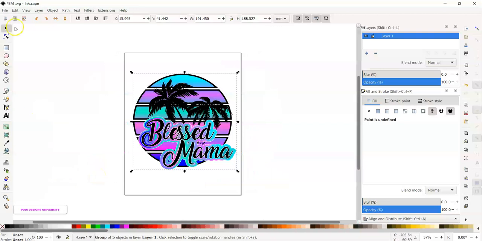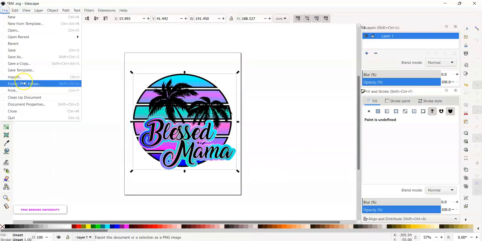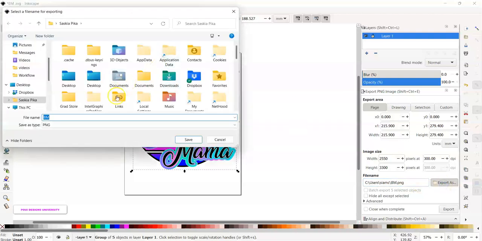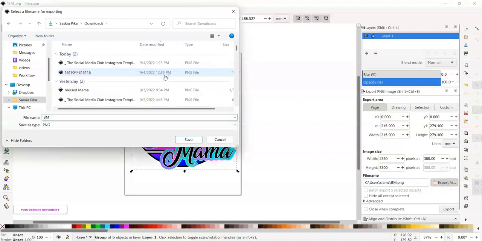So File, Export PNG image, Page. Always select Page, and that means everything here, the page will be selected. And keep your DPI right here to 300. And the name of this file was BM. Okay, BM, and you export it, and then it will ask you where do you want to export it to. I'll export it into my downloads. Okay, and then I will click, it's a PNG, I will click save,